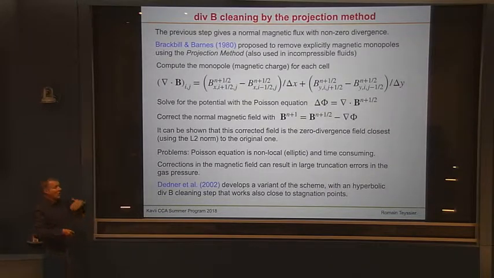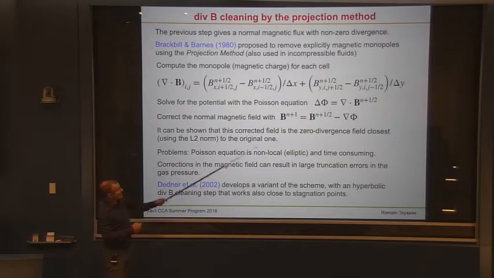So again, in a lot of cases, it works very nicely, right? So it depends on your application, right? But in some cases, it fails, because of this non-local correction. Okay, and so as I said, Dedner is a combination of the previous steps. So you use Powell's method, and with this approach, except you don't solve the Poisson equation completely. You just solve it with a few iterations, right? So you use a relaxation scheme for the Poisson equation, and you just perform a few iterations, so you correct a little bit, right? So you kind of get rid of this non-local effect here.